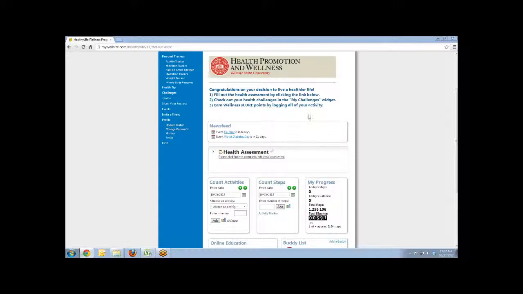And so some basic features that I wanted to highlight are the news feed, which will automatically populate events both that are organization-wide events, so maybe you're bringing in flu shots or you want to promote national health observances, but this will also promote events that are specific to the individual. So if I have something in particular that I need to be aware of, like I signed up for a challenge and it's beginning next week, or that challenge is ending, something unique to me, the system will automatically populate